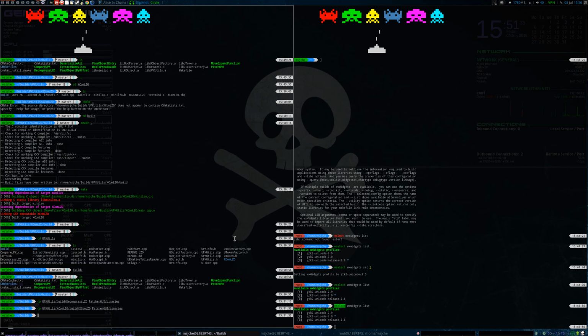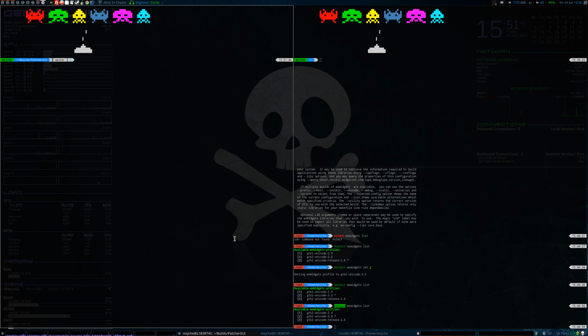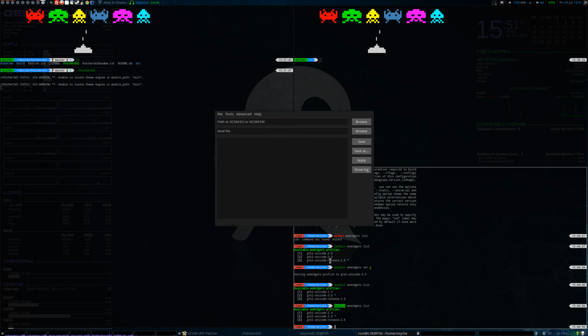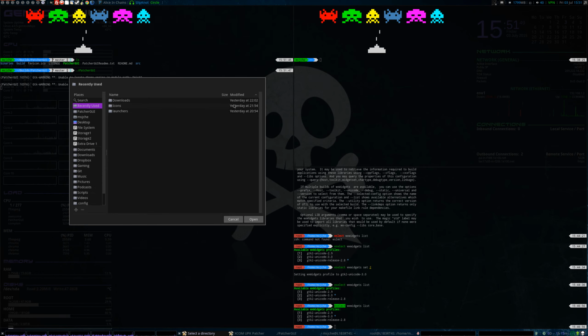Okay, it's on floating, so let's go up. Let's just do it here. Builds, and then we cd to PatcherGUI. I haven't tried this yet, so let's see if it works. And we go /patcher. There it is. Okay, so now we browse to